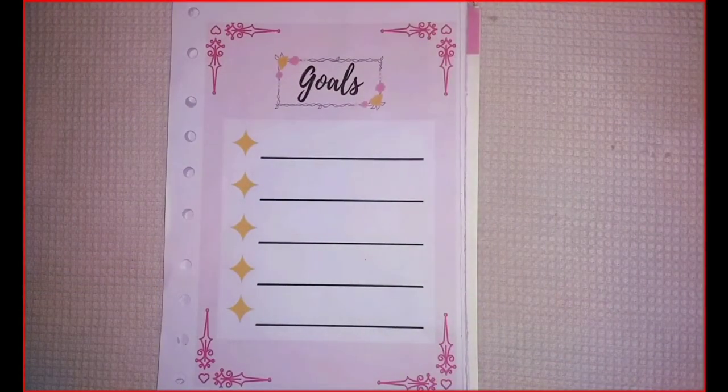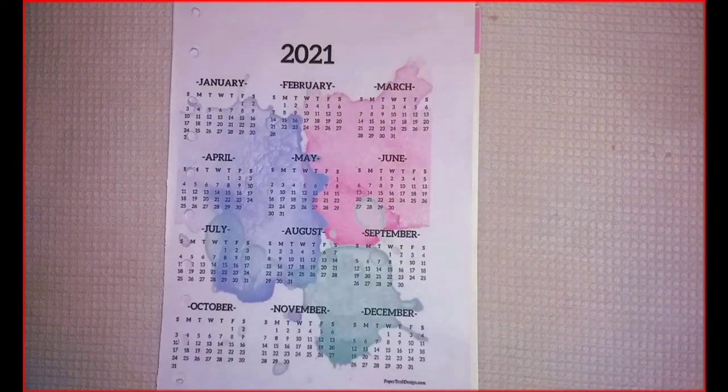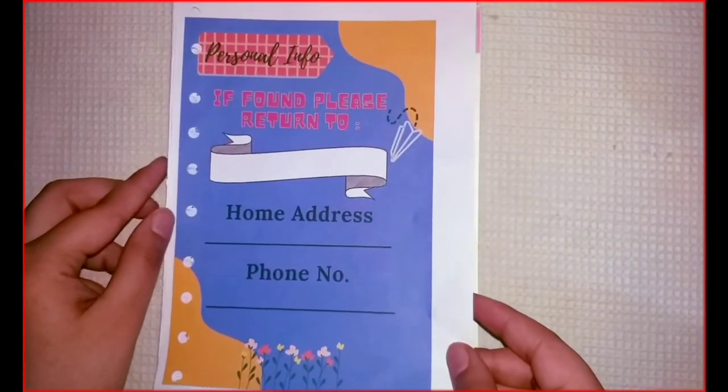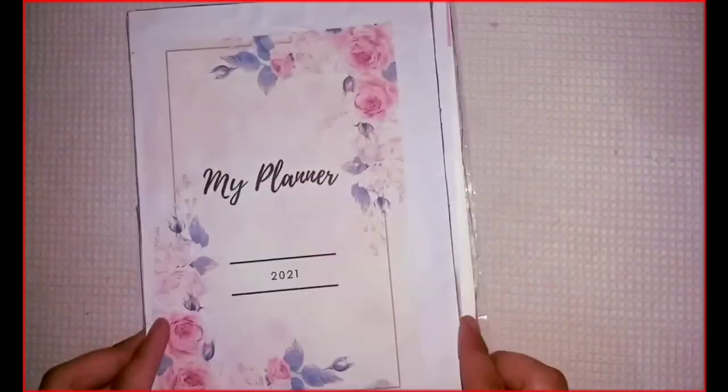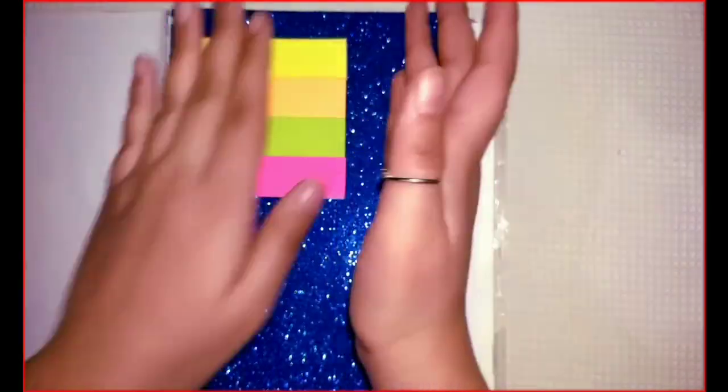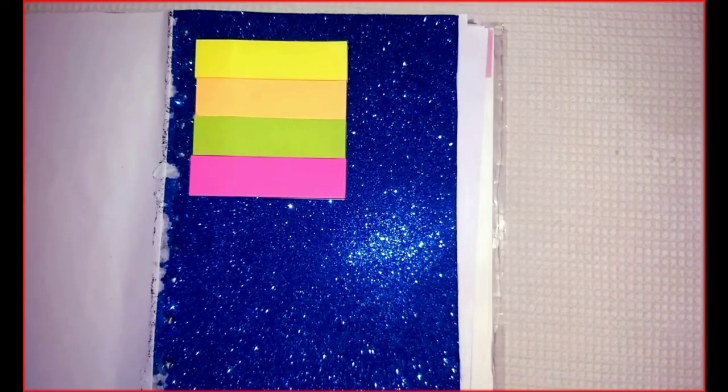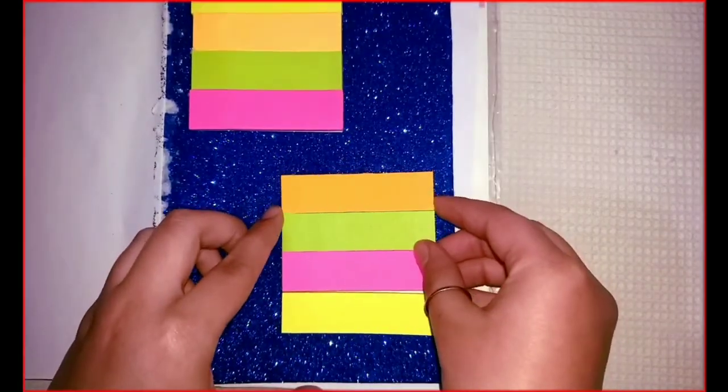notes page, my one page calendar of 2021, my personal info page, the glitter sheet which is going to be my dashboard, and my front page. I am going to attach sticky notes on this glitter sheet and it's going to be my dashboard. Also, I have attached this beautiful washi tape